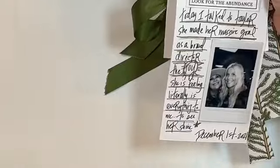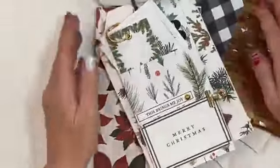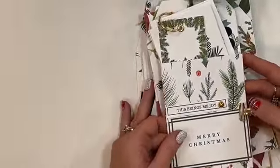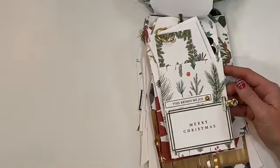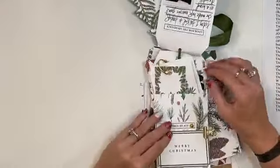I'm going to go over a little bit of how I do that, and also maybe give you some ideas of things that you can say. Now, the next page, this is really fun. I only did one page like this, but I wanted to show you how you can really make your tag book very interactive. And so what I did here is on this tag,